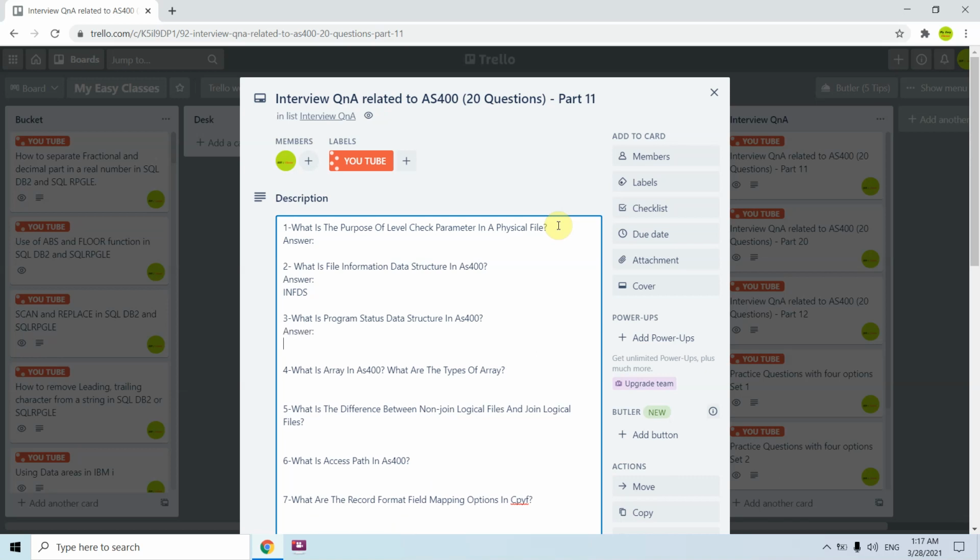PSDS. What is PSDS? Program status data structure. PSDS is a data structure through which our RPG program can get the errors or exceptions which are occurring in the program. For example, if an exception or error occurs like divide by 0, array index out of bound, or invalid date or time, or whatever error you are getting, you can handle those errors in your PSSR subroutine.